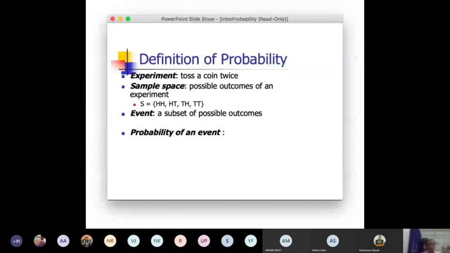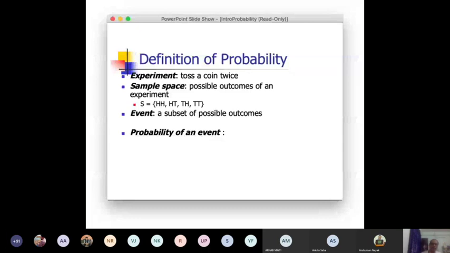And H represents head, T represents tails, that you can clearly understand. So there are these 4 possibilities. And we define an event, which is a subset of possible outcomes. That's the definition of an event. So any subset you take of S, that is the event. So you understand that your number of events in this case would be the cardinality of the power set of